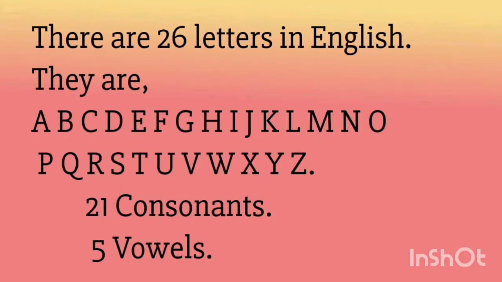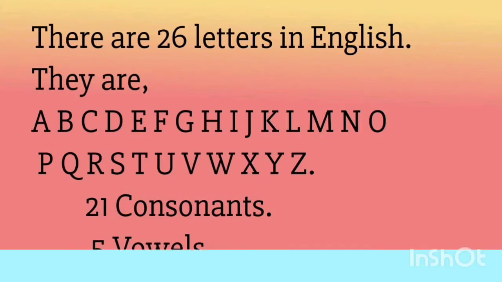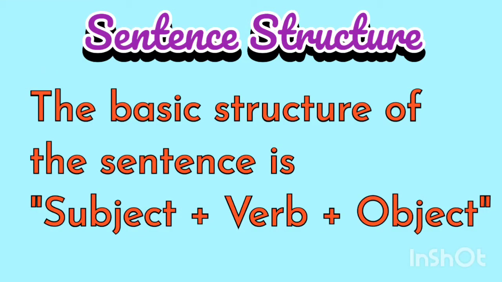Look at the vocabulary here, letters A, B, C, D, E, F, G, H, I, J, K, L, M, N, O, P, Q, R, S, T, U, V, W, X, Y, Z. While using these letters, we frame words, and to frame words, we use a different type of structure in a sentence. The words can be arranged in order. So, what is the basic structure we follow? We are going to see in this topic.